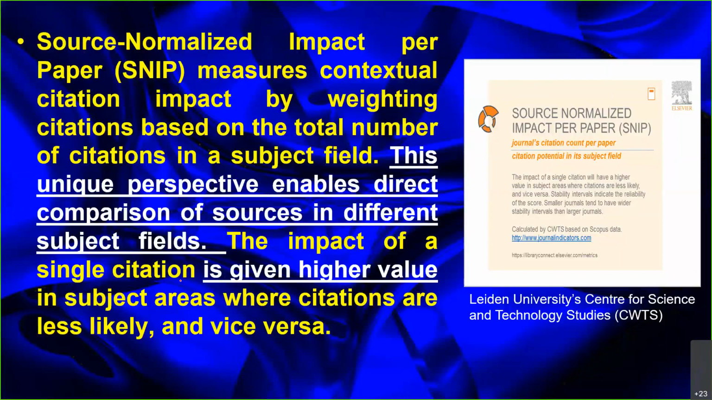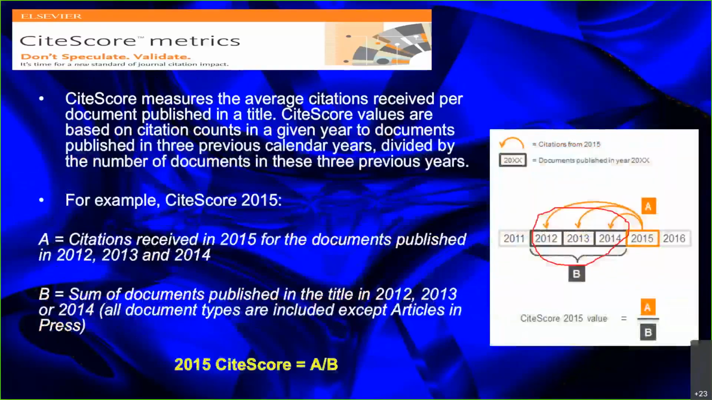So one citation that he received may be equivalent to 0.3. One citation that I receive is equivalent to 3 or 4, depending on the weightage. So that's how they try to normalize based on the subject field. If you look here, they try to normalize based on the potential of the subject field. Okay. And if you go to the SJR,